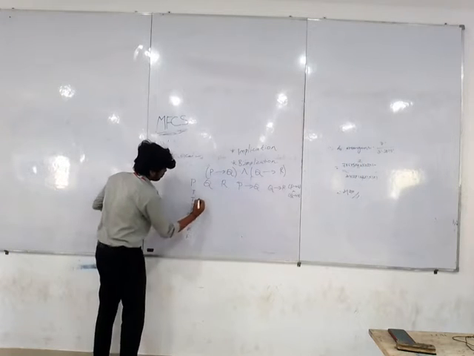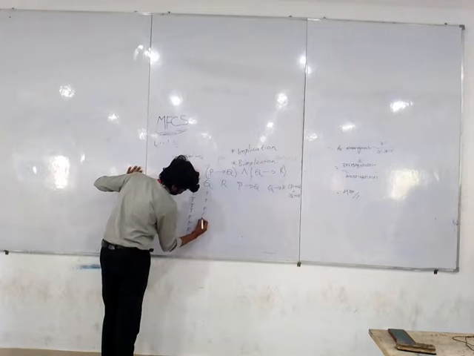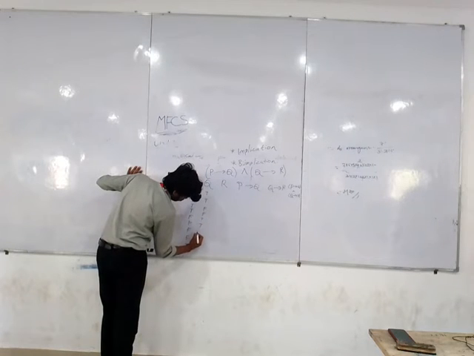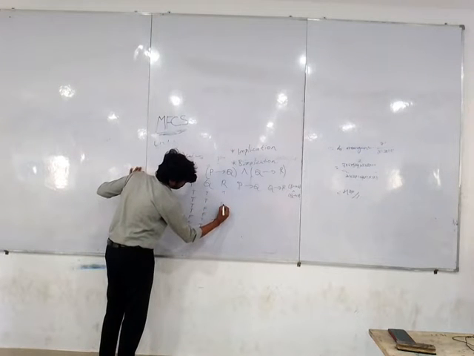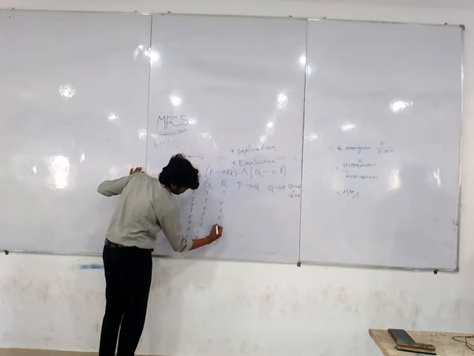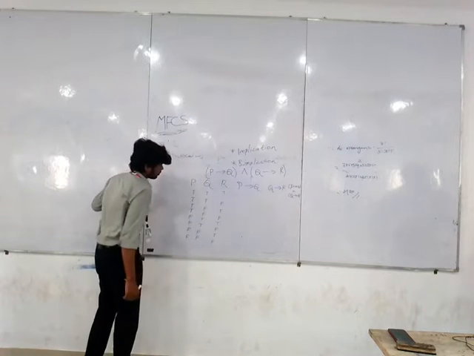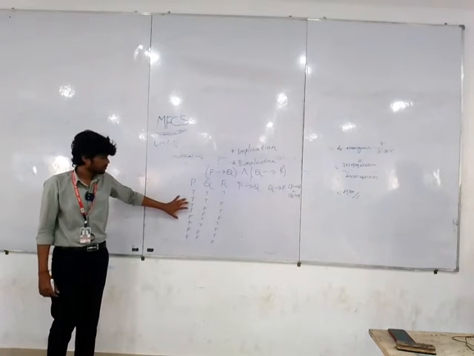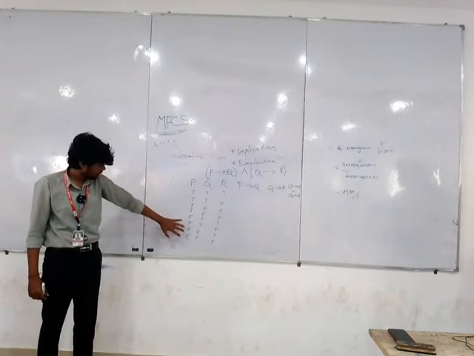False. We can write as our wish. Now I wrote here in the first one, first 4 are true and the next 4 are false,